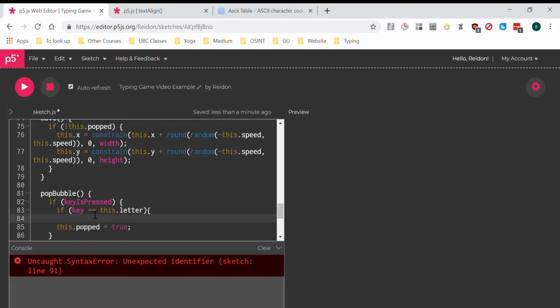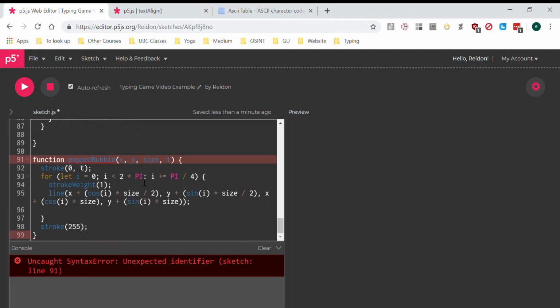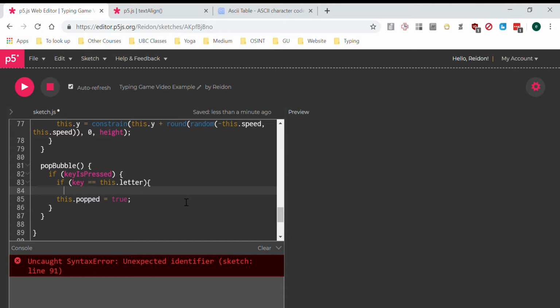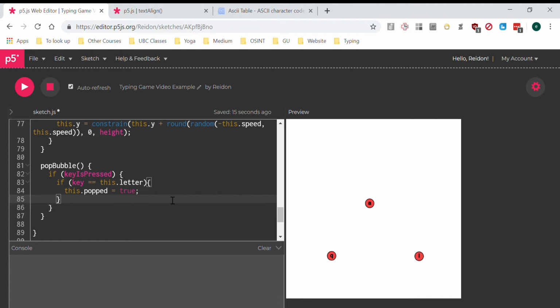then I can say this typed equals true. What was I saying there? Oh yeah, because I changed it to popped here. So if the key is this letter, then I want to set this to popped. Okay, let's leave it at that for now. I have some more complicated logic in my other one later, but we'll come back to that as to why. So now if I click here, and I press A, and I press Q, and I press L,